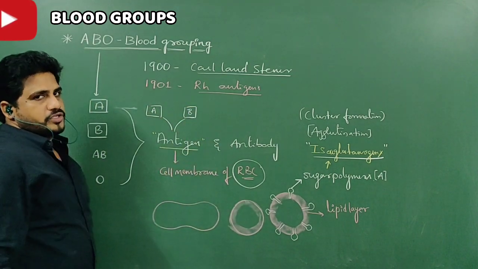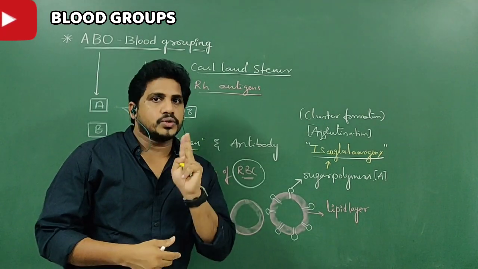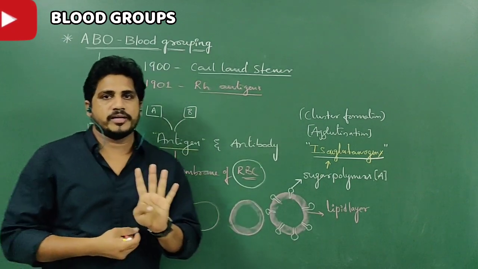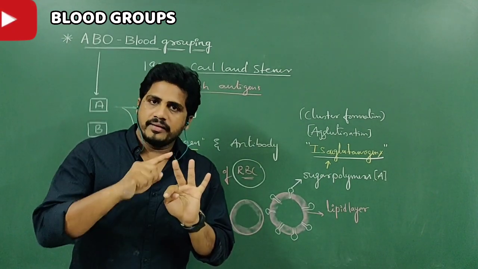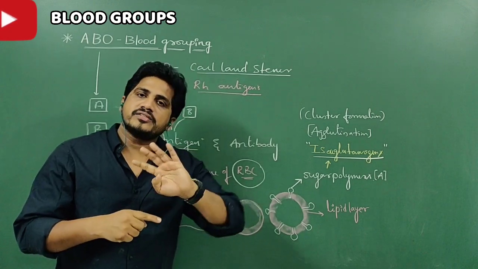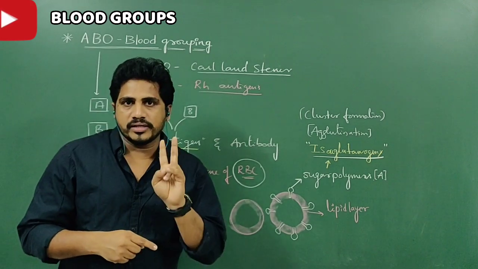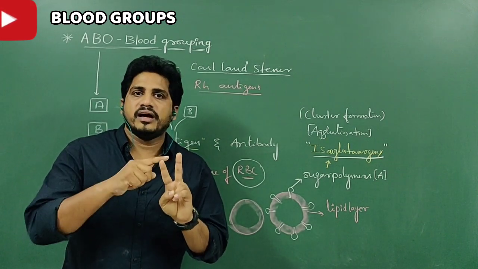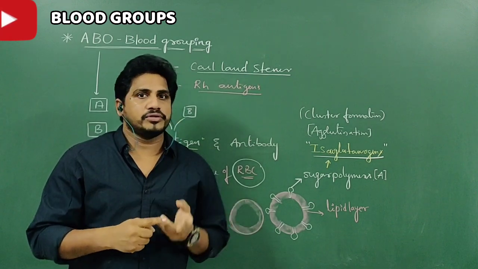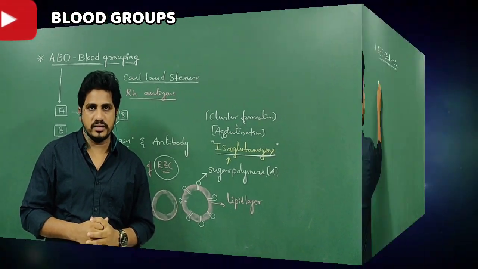It is another important question. How many types of antigens are present in human blood groups? Two types. How many types of blood groups are present in humans? Four types. Blood groups are A, B, AB and O. But all these four types of blood groups are decided by only two types of antigens. They are A and B, either A or B or both. They are deciding the human blood groups, which are four. Let us have a clear look.